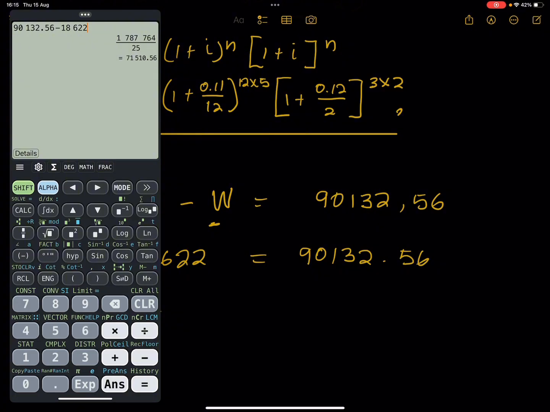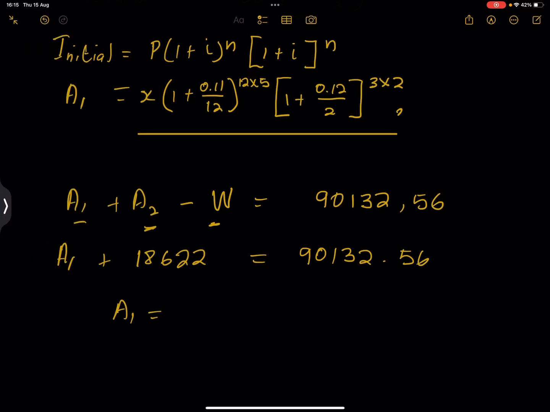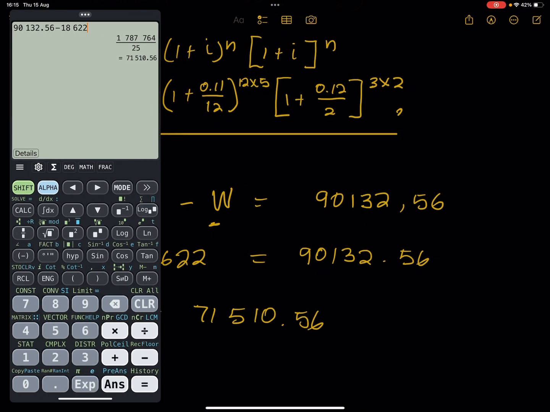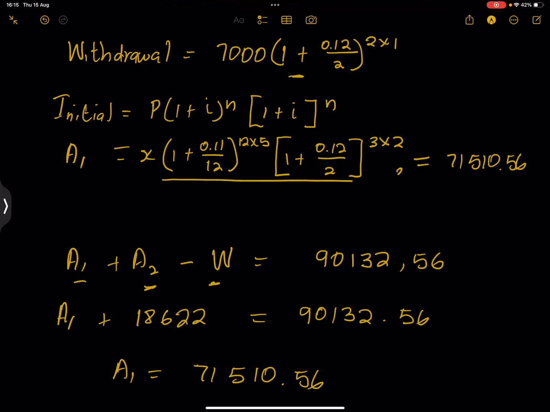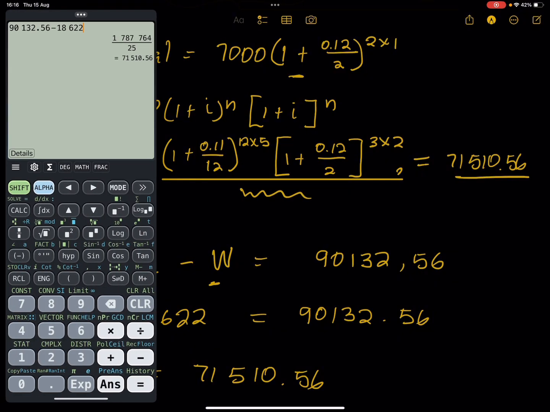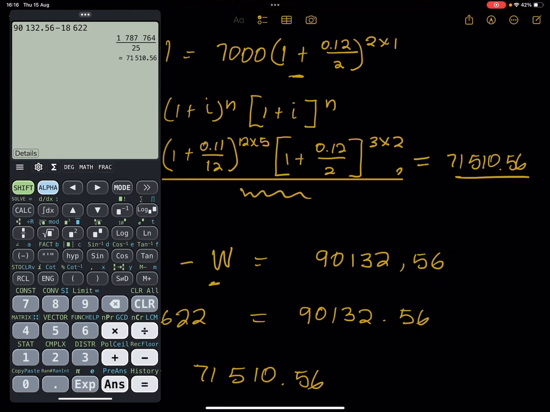So now I get an amount of 71,510 and 56 cents. Right, so that's the amount that we've got. Now remember, our accumulated amount 1 is this whole thing, and this must be equal to 71,510 and 56 cents. Which means I'm going to divide by this entire thing on this side. So I'm going to take 71,000 and I'm going to divide by,